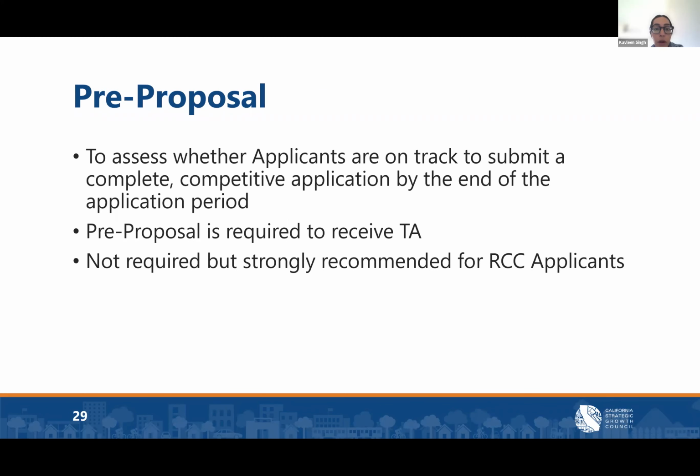So the pre-proposal process should help applicants think through some of the components that will be required as part of their full application. We are not asking applicants to develop a budget and work plan for the pre-proposal phase. These will be required at the full application stage, and we will provide budget and work plan templates to help applicants develop these components of the full application. The pre-proposal is meant to be a helpful way for applicants to conceptualize what their collaborative will look like and get feedback before working on the full application.